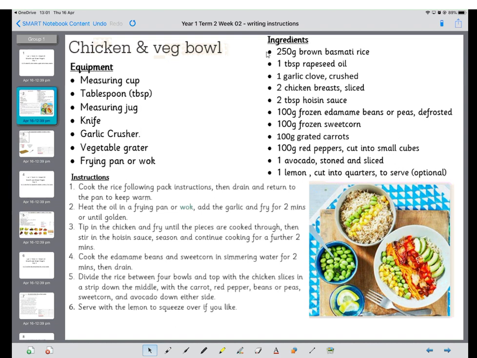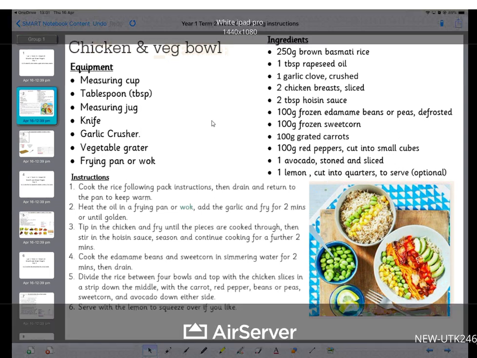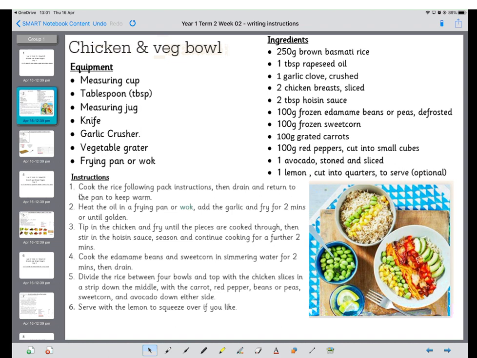And each one of these, just like with the equipment, has a bullet point in front of them. Okay, so then the final section we've got is the instructions. This tells you what you're going to do in order to make a chicken and veg bowl. So 1, and this is where we're using numbers instead of bullet points because this has got to be in